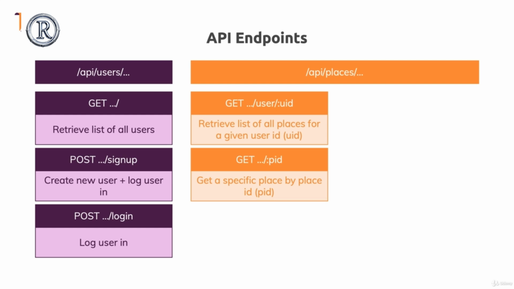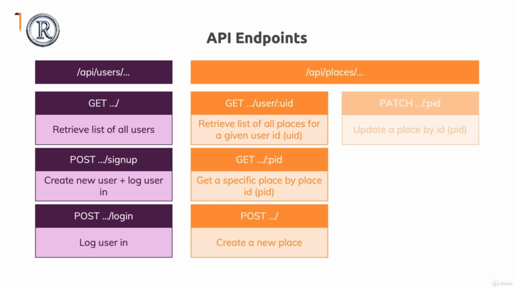Now, if we send a post request to just API/places/nothing, then I want to create a new place and I expect that the data which is needed to create a new place is attached to that request. If we send a patch request to /API/places/someplaceID, then we want to update that place by its ID. This request will carry data in its request body as well. It needs to carry the data which we need for updating the place, namely the new title and the new